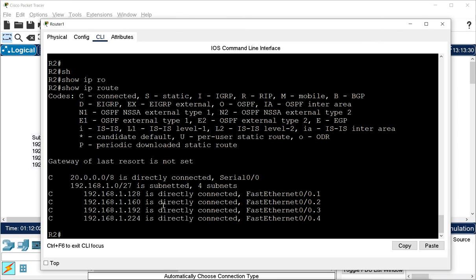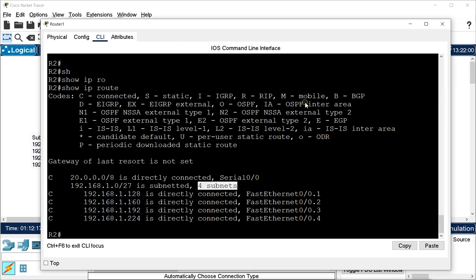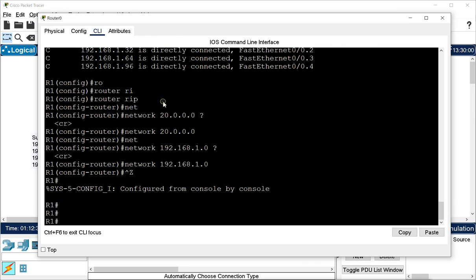It does not know about the other 4 networks. It knows only these 4 subnets here, and it does not have any information about the other networks. They are on the other side, connected to router 1. They are not connected to router 2. But router 2 feels that the whole network is connected to it. Right now it says I am only connected with the 4 subnets, but it feels like all the other 4 subnets are also here in router 2. Same thing with router 1 also.